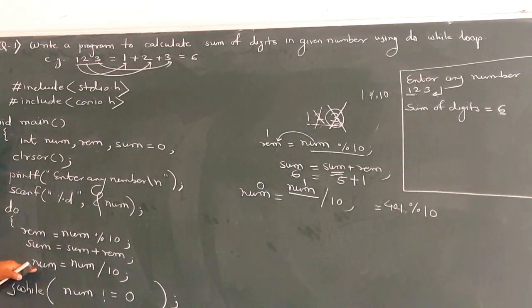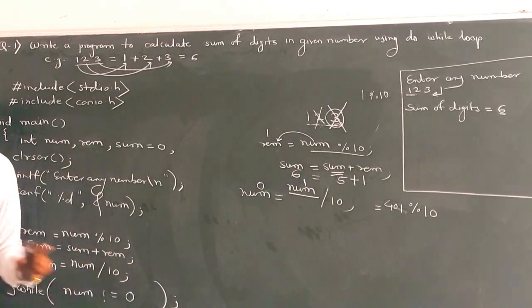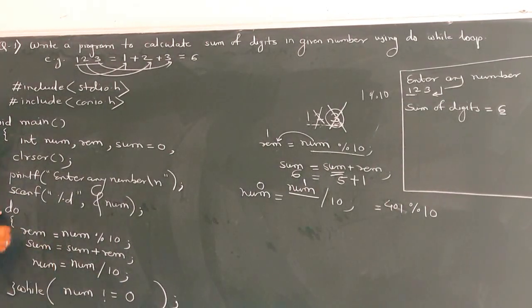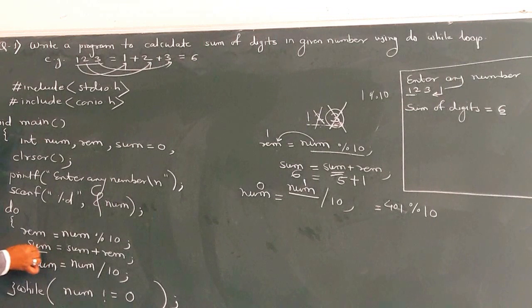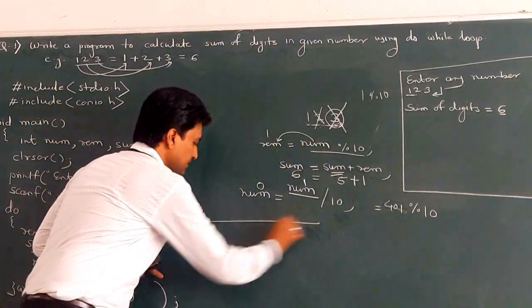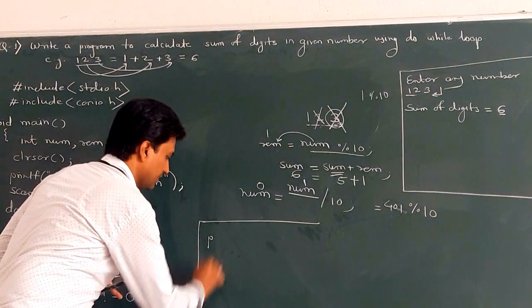Clear? And when num becomes 0, then the condition is false. That means termination of the while loop. After termination, what is the result? Whatever may be the sum, the digit sum is stored in the sum variable. After completion of the do while loop, the next statement is printf